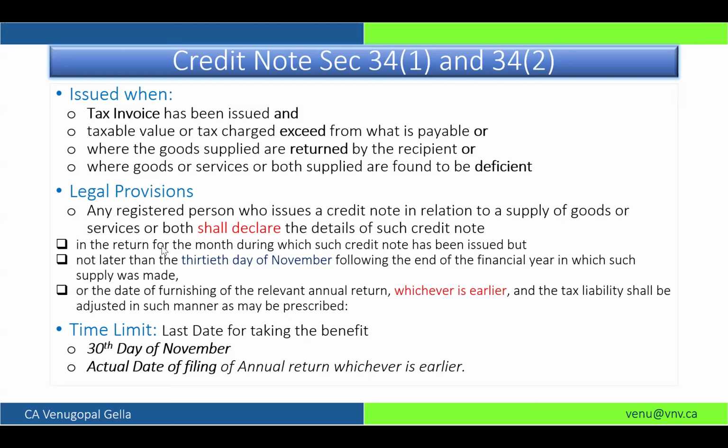Because there is a reduction in the liability, the taxes which have already been paid are being asked back from the government or adjusted in subsequent payments. So there is more emphasis from the audit of the department on credit notes, and the conditions to claim credit notes are also very important. One is what Ashika said about taxable value, or whether it is a return of goods or deficiency in service. These are the conditions.